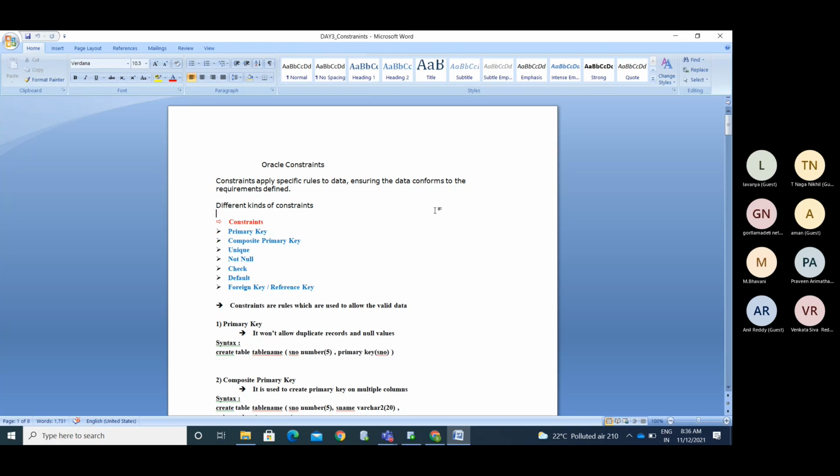The second time he comes to take some other things, you try to insert the data again with the same mobile number. The system needs to give an error. All these things happen using constraints.